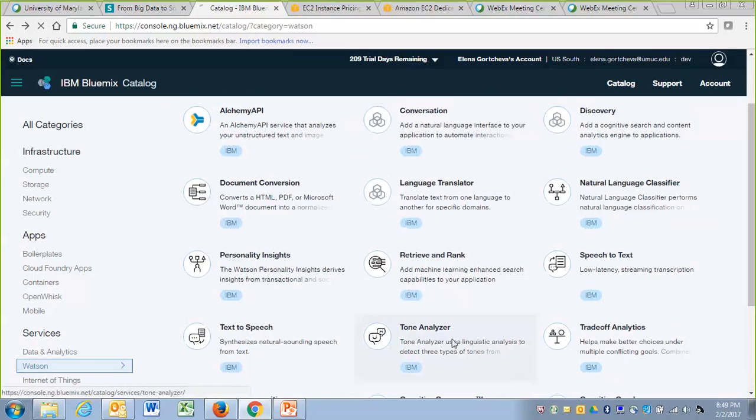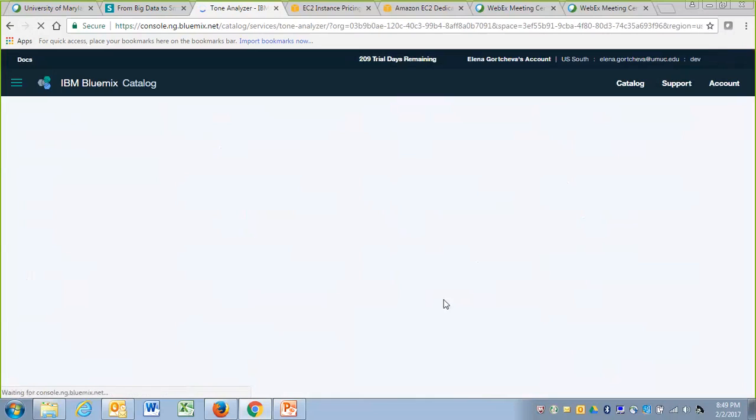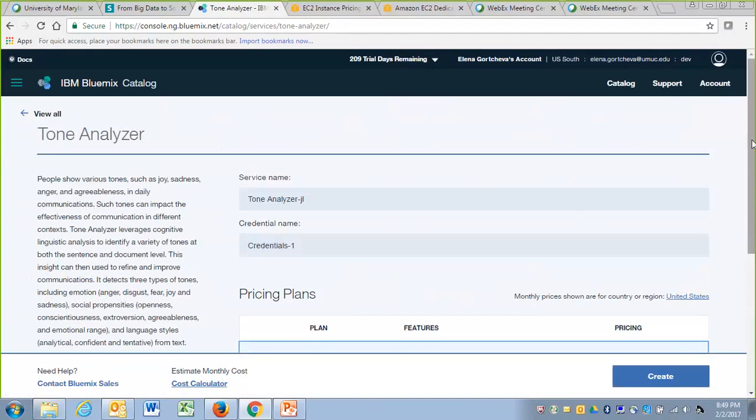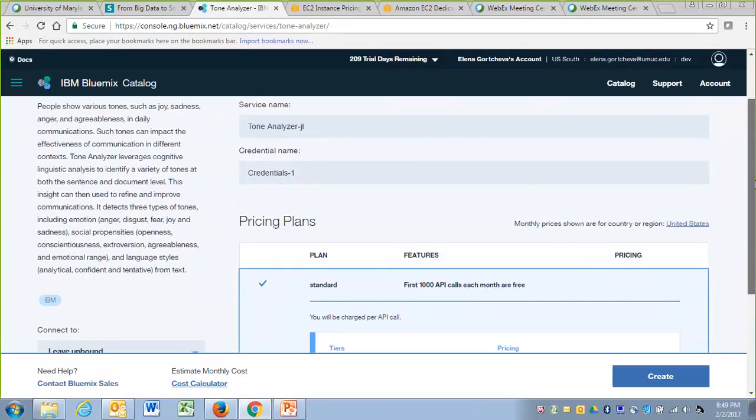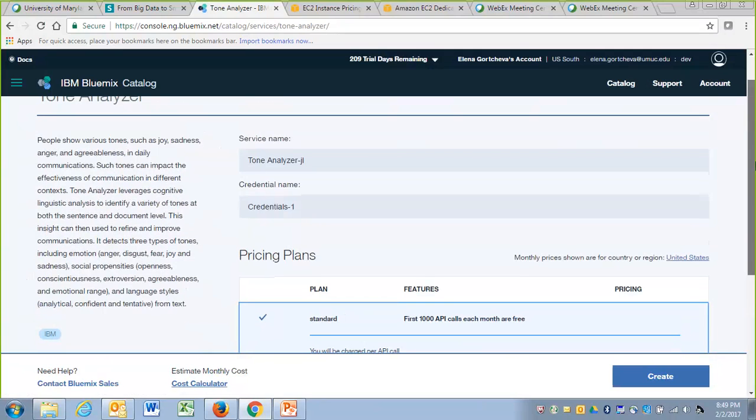And in any of these services, like the one I just requested, what you are going to do is explore several of them. Some of them will be mandatory, some of them are your choice. Having access to a platform like this gives you a lot of opportunity, and what you get free with the account you have is 1,000 API calls per month, which is totally reasonable for what we are doing in class.